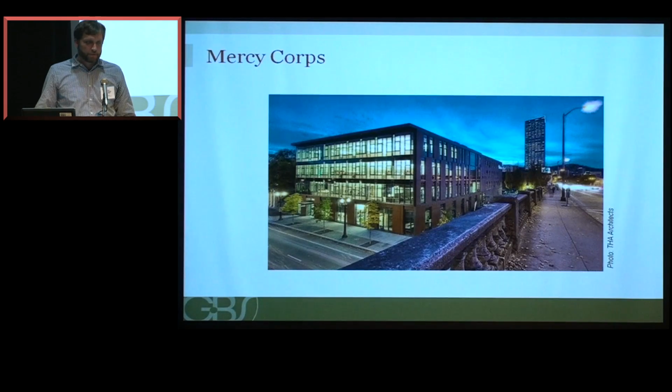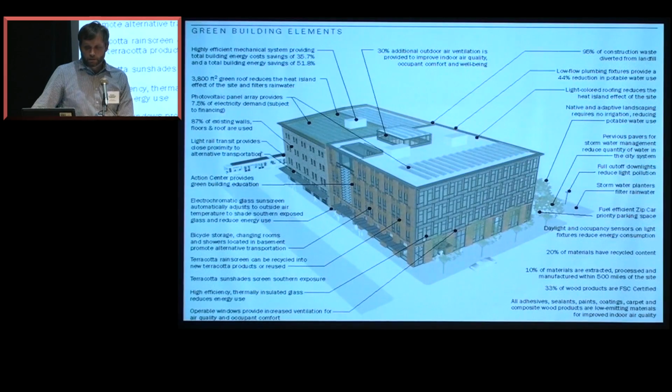Okay. Just a couple of case studies, just to give you a sense, literally 2 case studies, and I think the second case study will transition to the next speaker pretty well. So Mercy Corps, you're probably familiar with this project. It's on the west side of the Burnside Bridge. A really awesome project, actually. If you have a chance, you should take a tour. They've done a lot of really interesting things in the project. One of those is